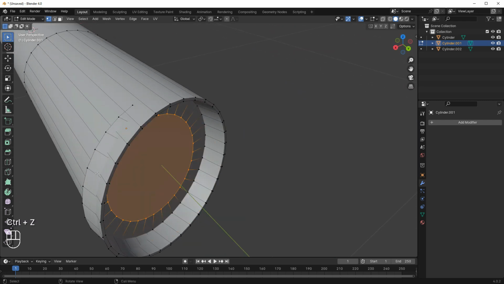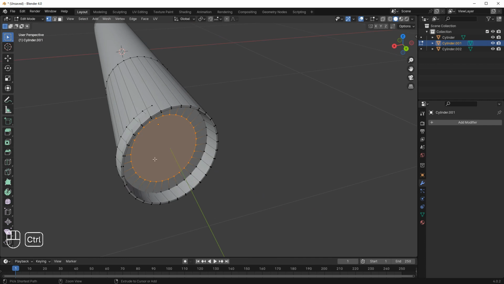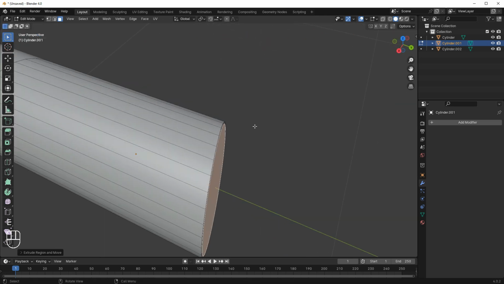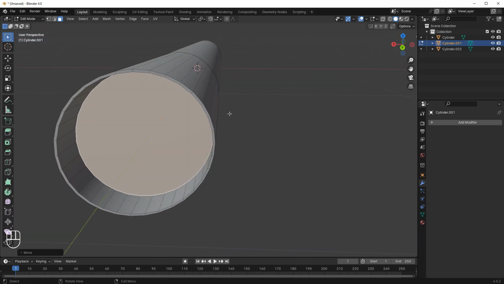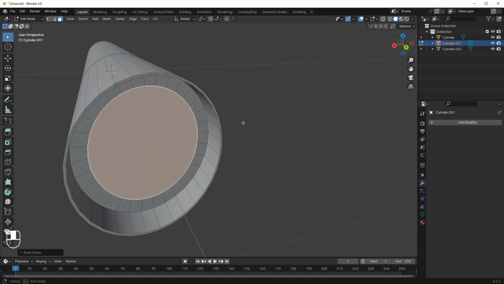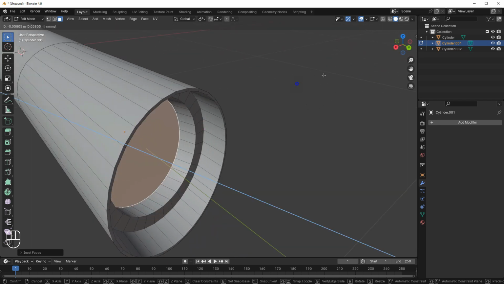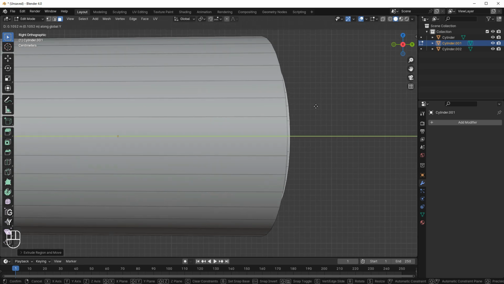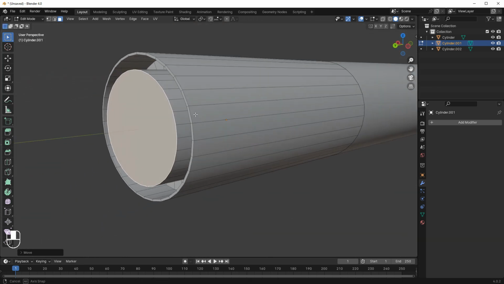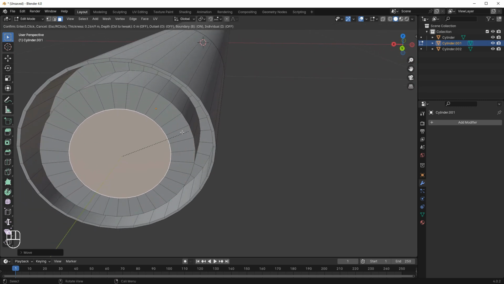Now you can see this is not going well. So what I am gonna do is that I'm gonna press E and then right click to cancel the movement, and now I'm gonna press G and Y to move it in the Y axis like this. Now I'm gonna press I again like this. Now I'm gonna press E, right click to cancel it. Now I'm gonna move it over here like this and then insert it like this